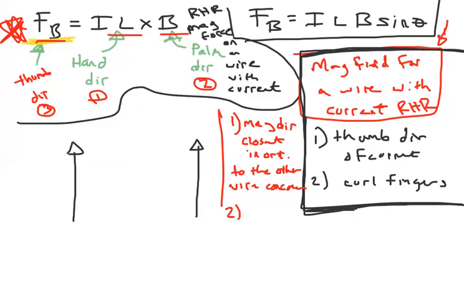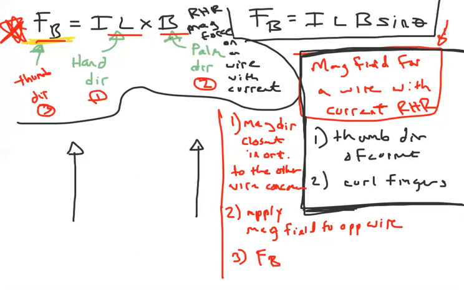Yes. Then the next thing we're going to do after we find that magnetic field, so that's for the individual wires, then we're going to apply mag field to opposite wire. Hopefully if this doesn't make sense, I'm kind of making these directions up on the fly, but we're going to walk through them all. So they'll definitely make sense once you see them all. Then you can make adjustments to these directions how you need. And then after that, we'll be able to get FB using this equation on each individual wire. Okay. So it doesn't matter which one we start with,